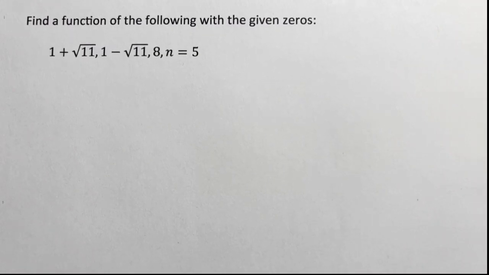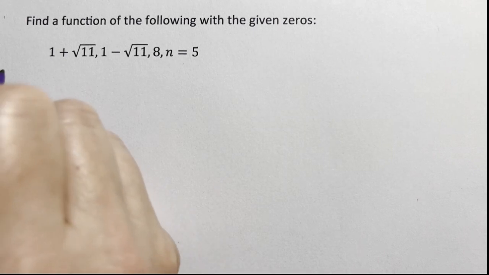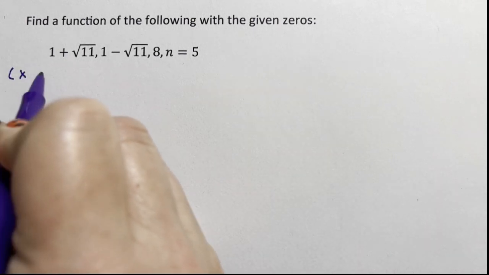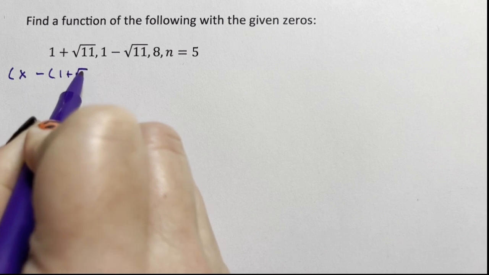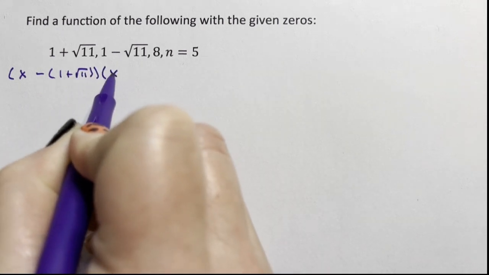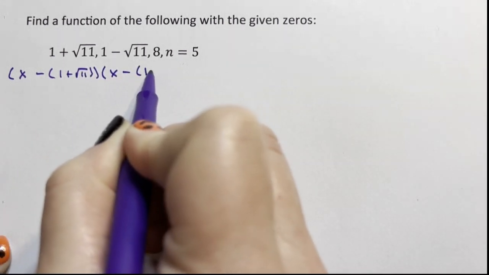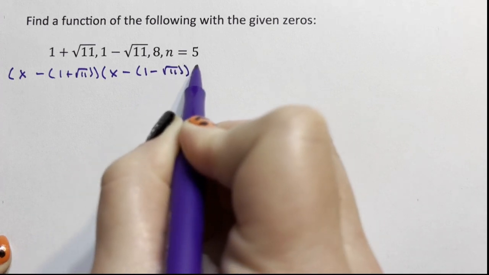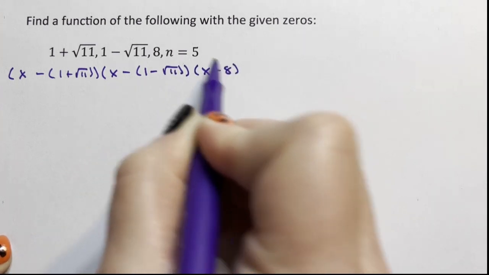Today I'm doing a series of videos on higher order polynomials. In this video it says find a function with the following given zeros. You'll notice these zeros are a little bit more complicated. So to do this, I'm going to say x minus parentheses 1 plus root 11, x minus parentheses 1 minus root 11, x minus 8, and this